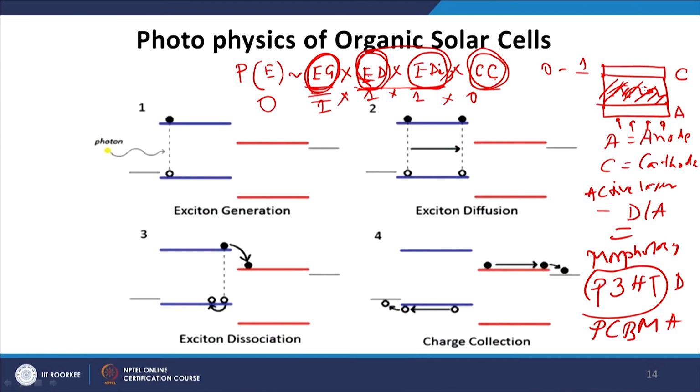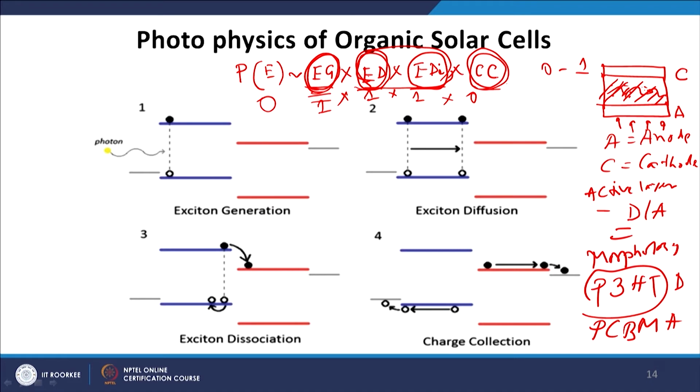So, although you have a nice material and a nice morphology, your metal semiconductor interface is not good. That is why your charge collection efficiency is 0. Let us say that when you deposit the metal as a counter electrode, you instead deposit an insulating metal oxide. So, basically you have not formed a metal semiconductor interface, you have formed a metal oxide semiconductor interface. Now, all these 3 parameters are good, but there is no charge collection at the electrode. So, the total efficiency will be 0 because there is no short circuit current in the outside circuit.